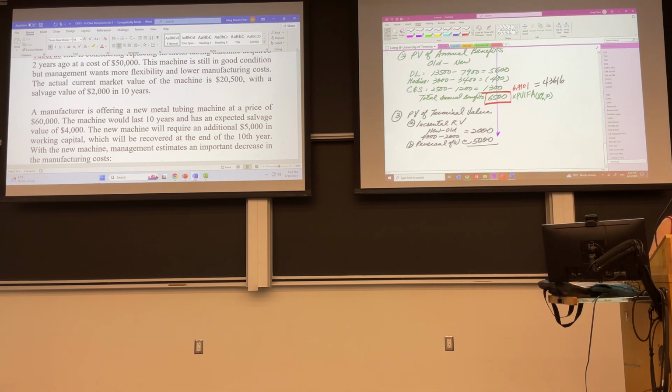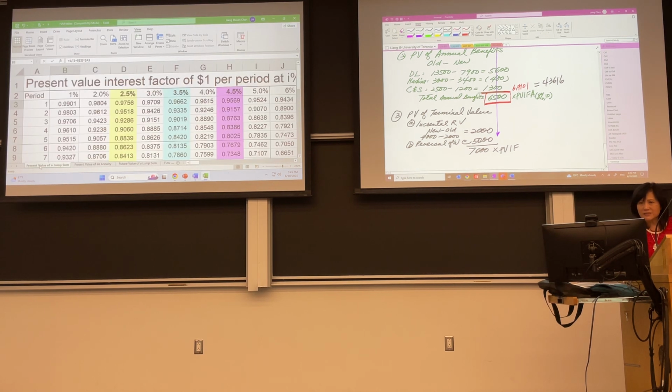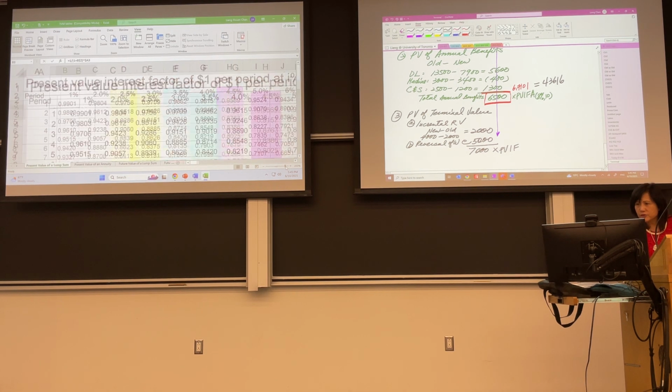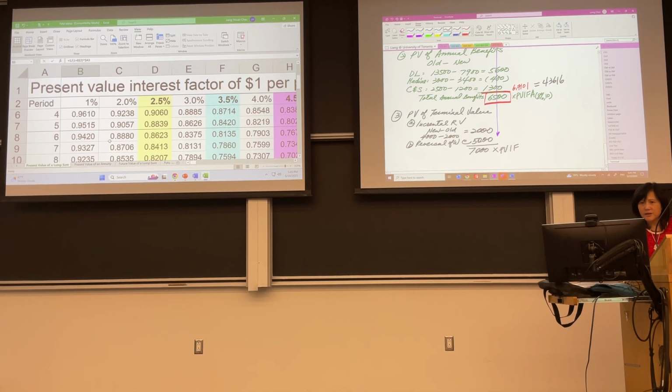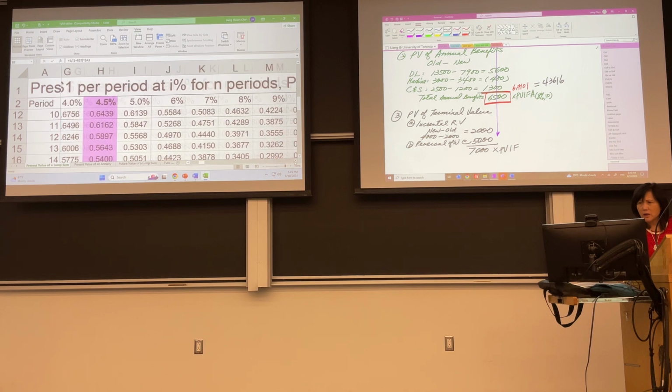So what happened is the residual value is 7,000. But 7,000 is in 10 years. How much is it worth today? Only one lump sum, not annuity, not every year you get 7,000. Only one time, the end. So I have to go back here. Okay, so one lump sum, make it bigger for you to see. So I go to 10 periods. Okay, go to 8%.